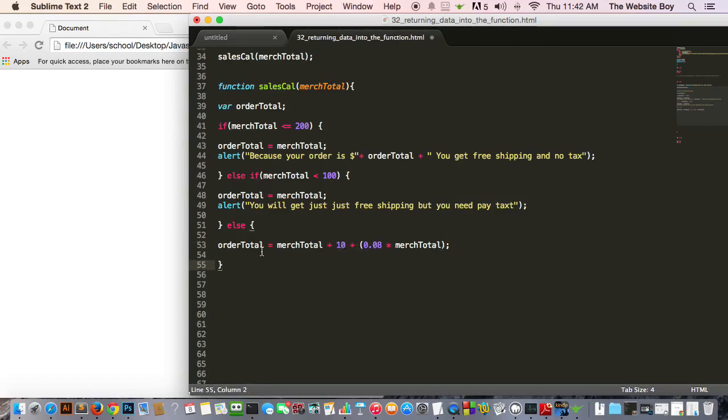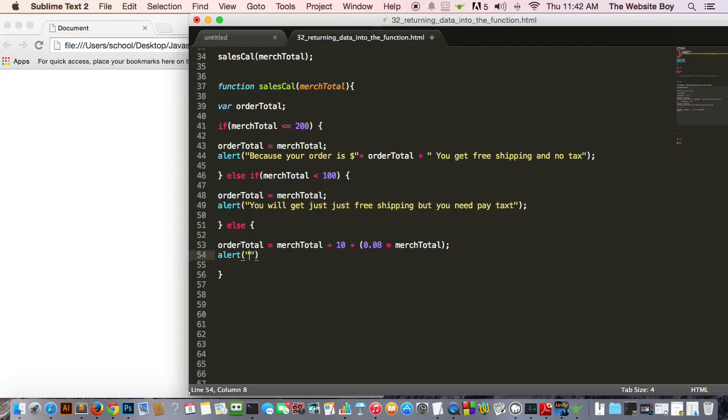All right, so here it goes. We grab the merge total, we add $10 to it, which is the shipping, and actually this is done first. We multiply the percentage, the tax rate, times the order, which is the merge total, and then we add $10 to it and add merge total again to it. All right, and then we display,